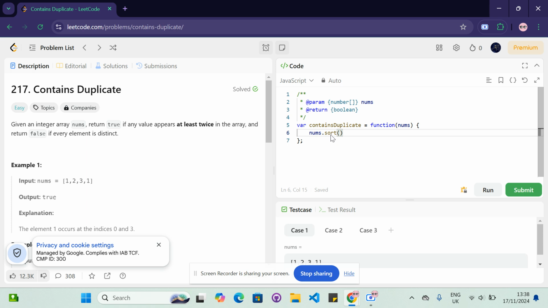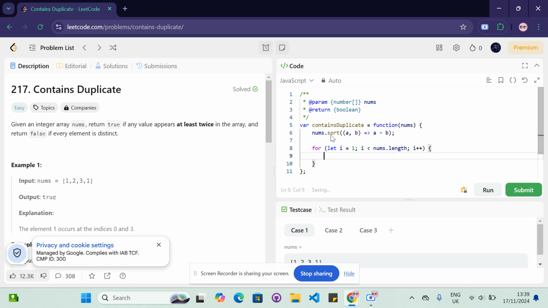We can say, just using the basic built-in JavaScript sort method, and then we can iterate through the array. So let's say i equal to 1, i is less than nums.length, and then we'll just increment i, and we'll say